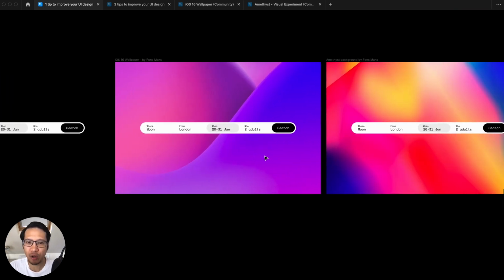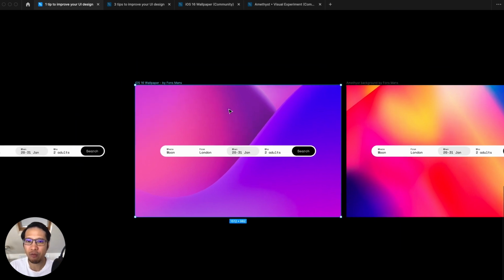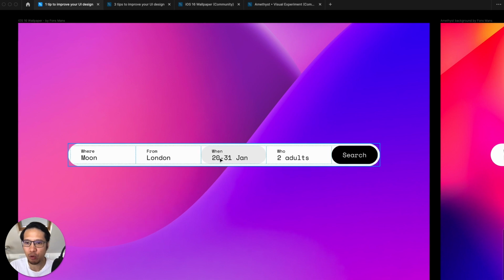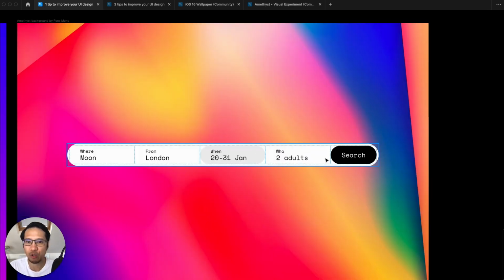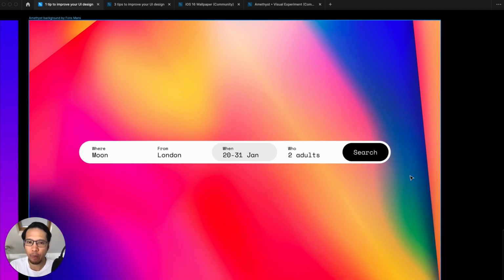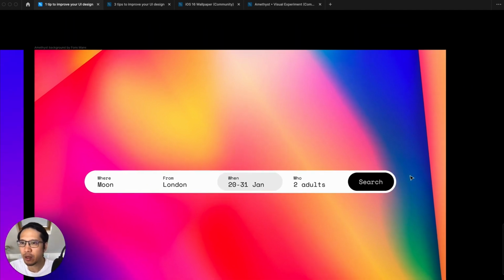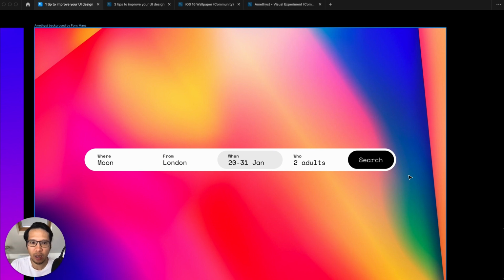Now where it gets interesting is you can play around. So this is an iOS 16 wallpaper by Fons Mans that you can find in the Figma community, and you can just test this out in different backgrounds. You can see how legible and clean this is, so adaptable. This is another one by Fons Mans, and this is the Amethyst, if I pronounce that right. You can see the colors, the vibrancy, as long as it's legible and clear,